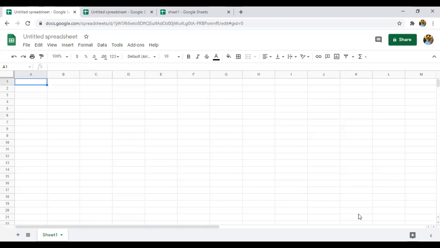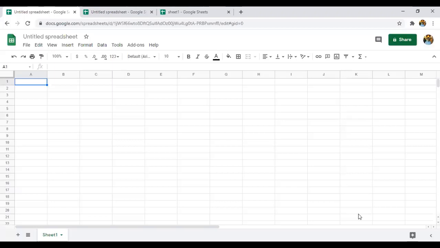Whereas in Google Sheets, tracking of the changes in the data is a default option. That means by default Google Sheets has that facility or feature.